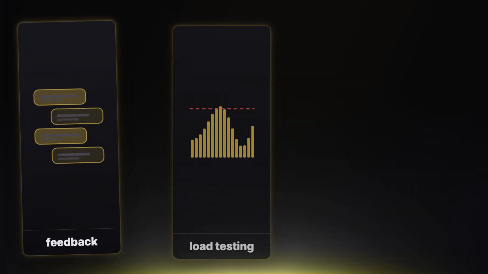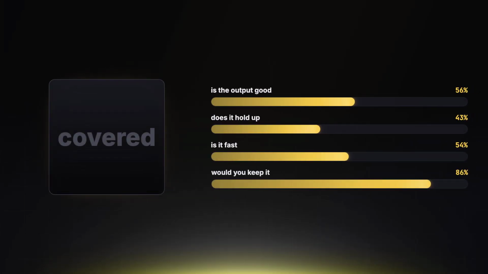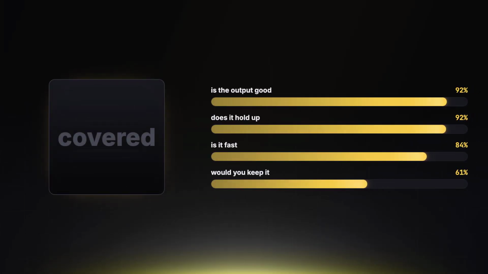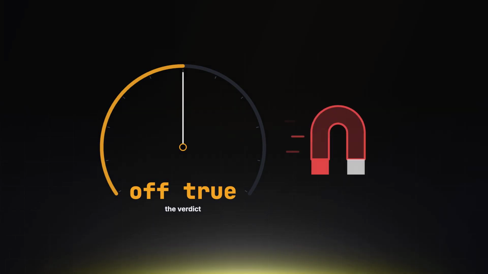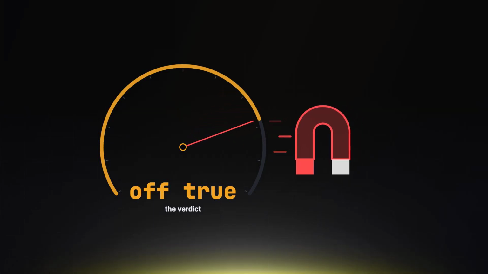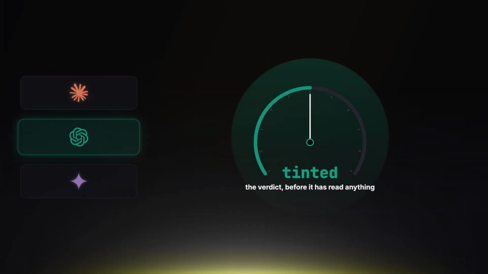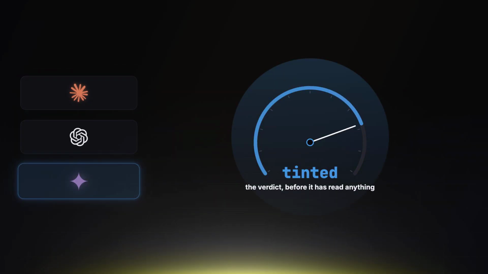Maybe they are buying feedback, load testing, leaderboard attention without attaching a brand, or proof that developers notice the model before they know the company. That last one is the clever part. Brands distort model launches. If OpenAI releases something, people bring OpenAI expectations. If Anthropic releases something, people bring Claude expectations. If Google releases something, people bring Gemini expectations. If a Chinese lab releases something, a different argument starts before anyone opens the playground.